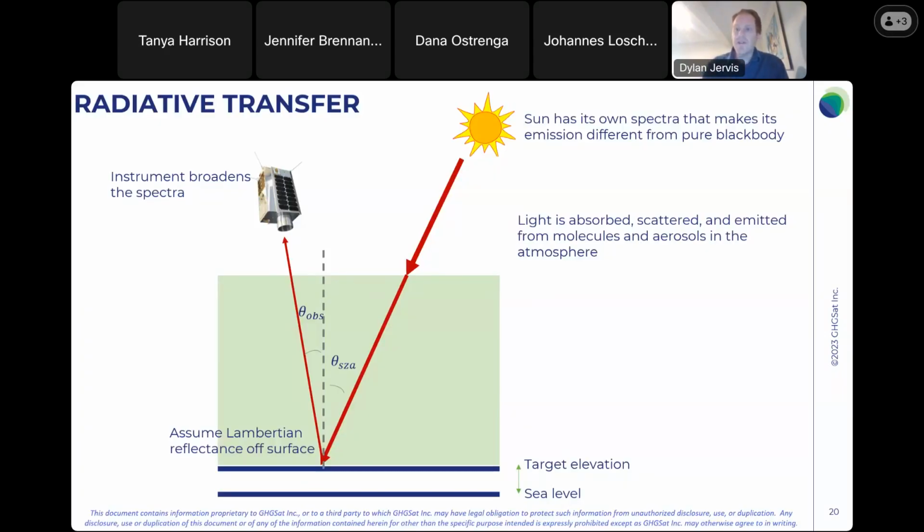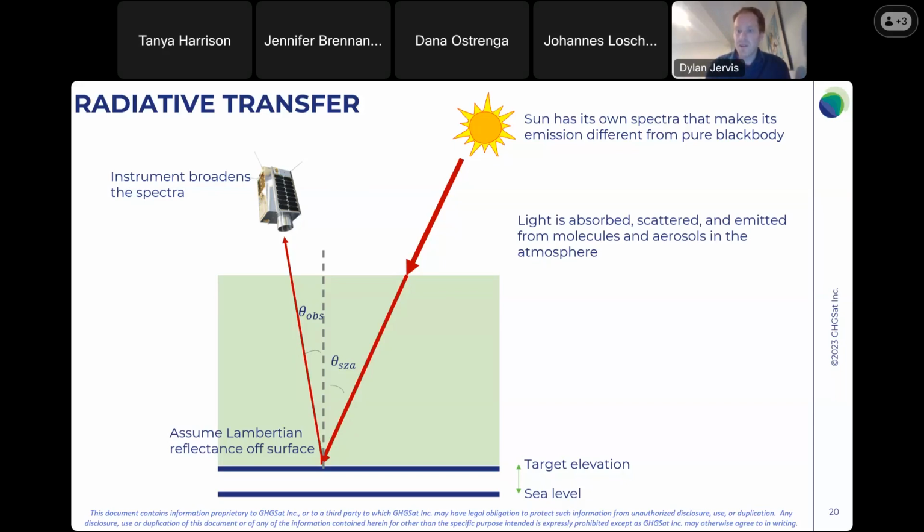So first, we make a measurement by capturing photons from the sun that have been emitted, traveled through our atmosphere, bounced off the surface of the Earth, traveled back to the atmosphere, and then are captured by the instrument. So to do this, we need a model for, well, what's the spectrum of the light emitted from the sun? What happens to the light in the atmosphere? It gets absorbed by molecules, emitted, scattered. And then what does our instrument do to these photons that are captured? And that's what I'm going to spend the bulk of the time on, describing how the instrument